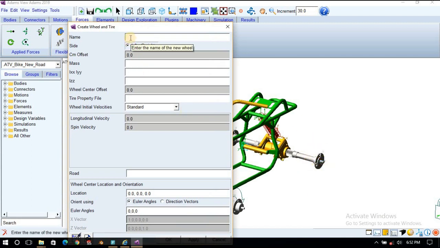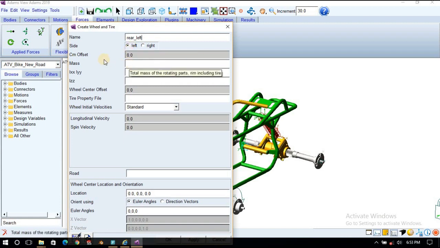You can give rear left. Side you can choose left or right, it doesn't matter that much, but if the road profile is very irregular then you have to choose left and right. In this case we'll choose a simple road, so it will not matter that much.